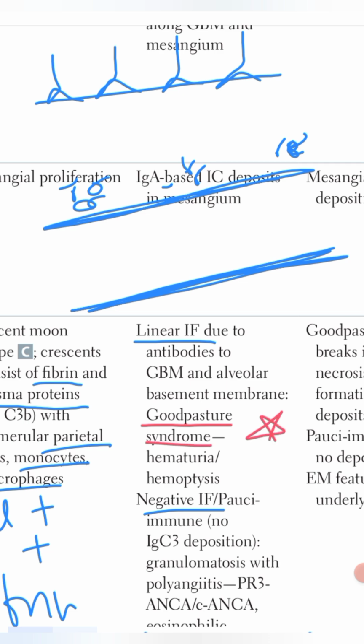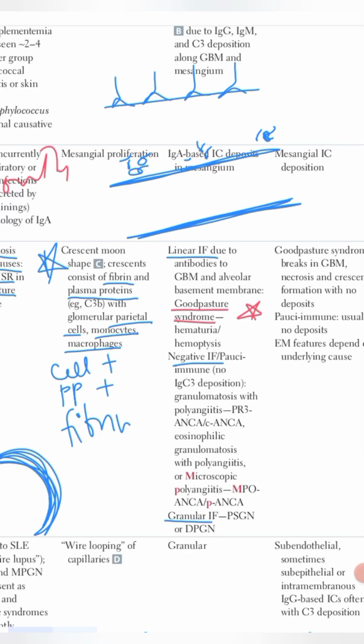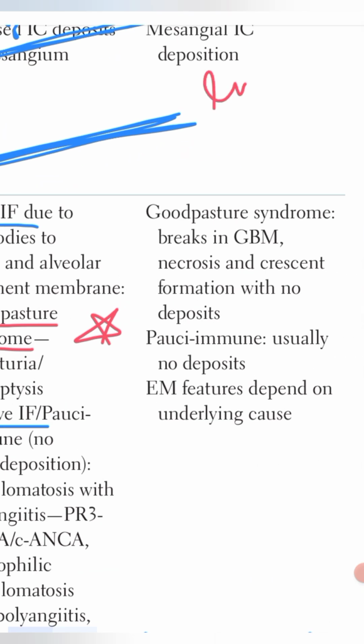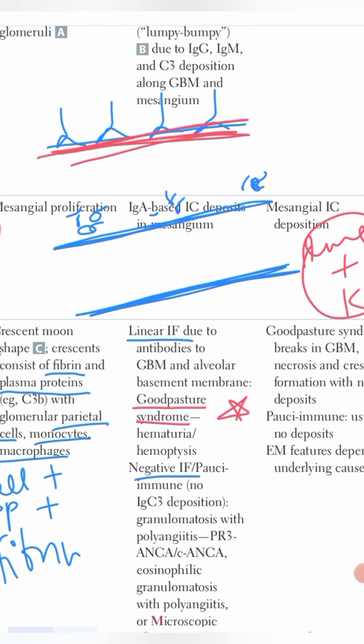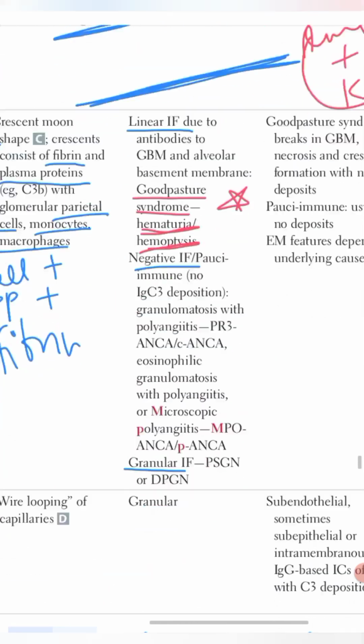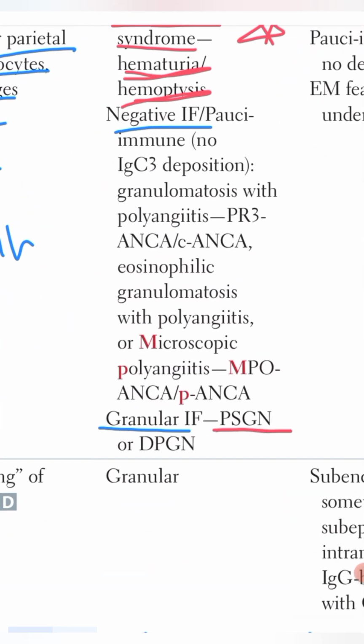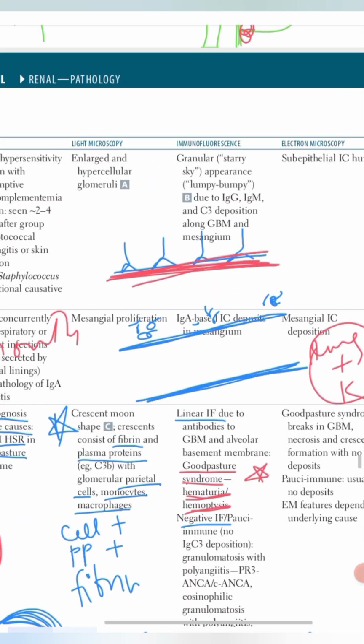In Goodpasture syndrome, antibodies are formed against the glomerular basement membrane and the alveolar basement membrane. So there is involvement of lungs plus kidneys in Goodpasture syndrome. The antibodies are produced against the whole glomerular basement membrane, and there we will see a linear pattern of immunofluorescence. And in Goodpasture syndrome, we will see hematuria because of blood in urine, and hemoptysis because there is also involvement of lungs. In granular pattern, we have also studied the example of post-streptococcal glomerulonephritis, in which we saw